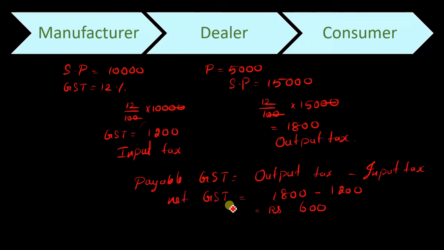Instead of calculating the net GST by output tax minus input tax, the same thing can also be calculated on the profit, the profit the dealer is making while selling the product. In this question it is 5,000 rupees. So net GST will be equal to, using the other form, the tax applicable is 12%. So 12 by 100 into profit. That also will be equal to the net GST. When we calculate here, again we will get the same rupees 600. Hope you all understood, children. In the following videos, we will see questions regarding GST.